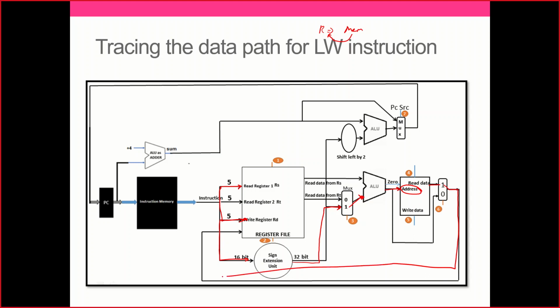I come back, and I write it here. And now for the ALU updates with respect to the PC operation, I'll take this path, I'll go here, I'll come via here, I'll simply skip and go back, and this is the loop. That's it, we have traced the path for load word.